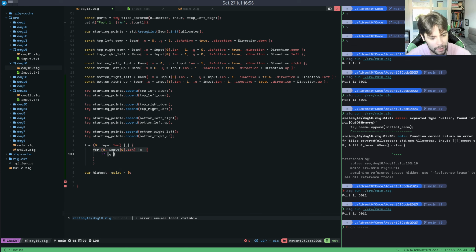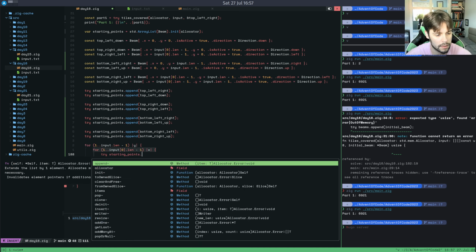So if y is equal to 0 and x is equal to 0, and or, yeah, so we have to do 4 conditions here. Y is equal to 0. Oh no, I don't. Why am I doing this? We can just go between. Yeah, that's the whole point I did this. Just realized. -1, and now we're going to do try starting points dot append